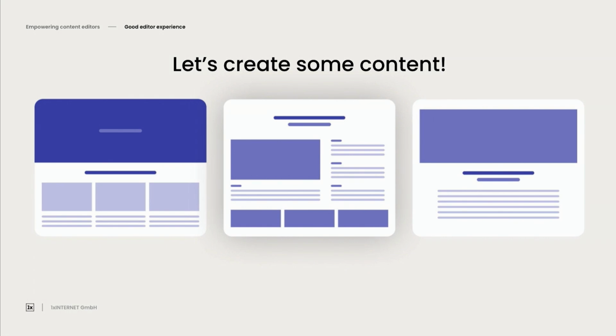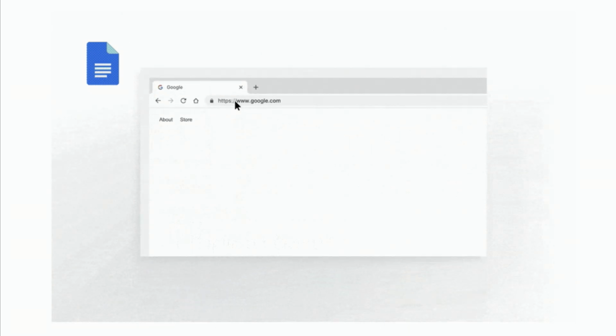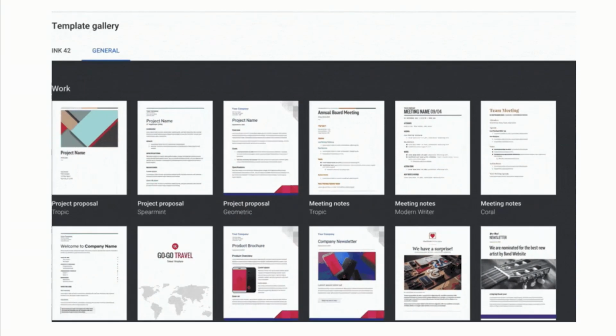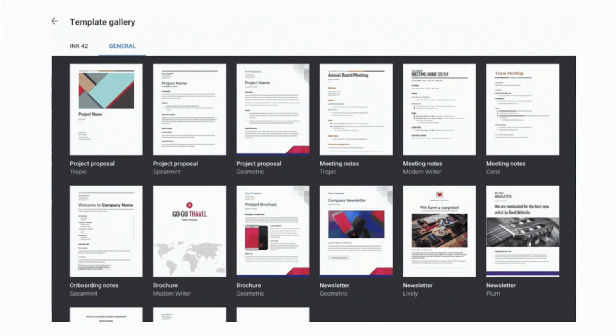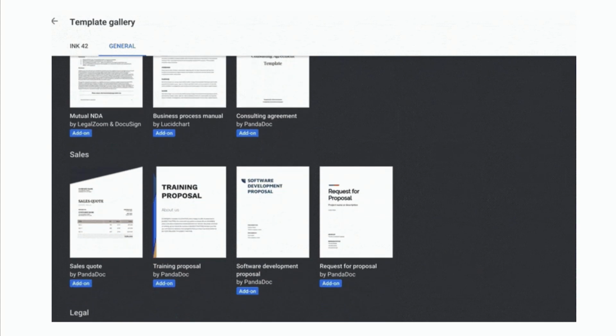And normally what editors do, they create content not in Drupal, they create it somewhere else. Most of them maybe start with Microsoft Word. And you can see, if you start a new document, you just have a bunch of templates. The same would be if you use Google Docs. You start your new document, and then it suggests you use some template. But all these templates just show you structure and some styles of how headings will look, how tables will look, but they actually lack dummy placeholder content, so you don't see what you will get.